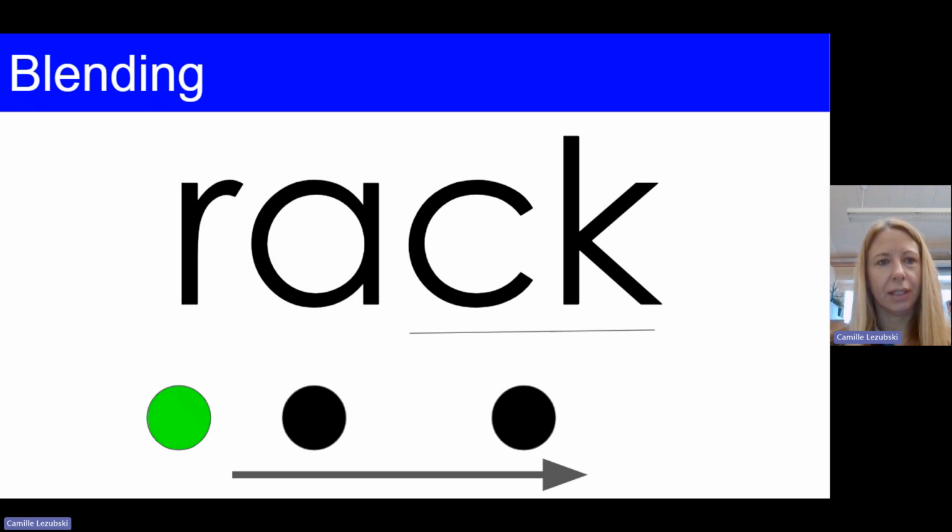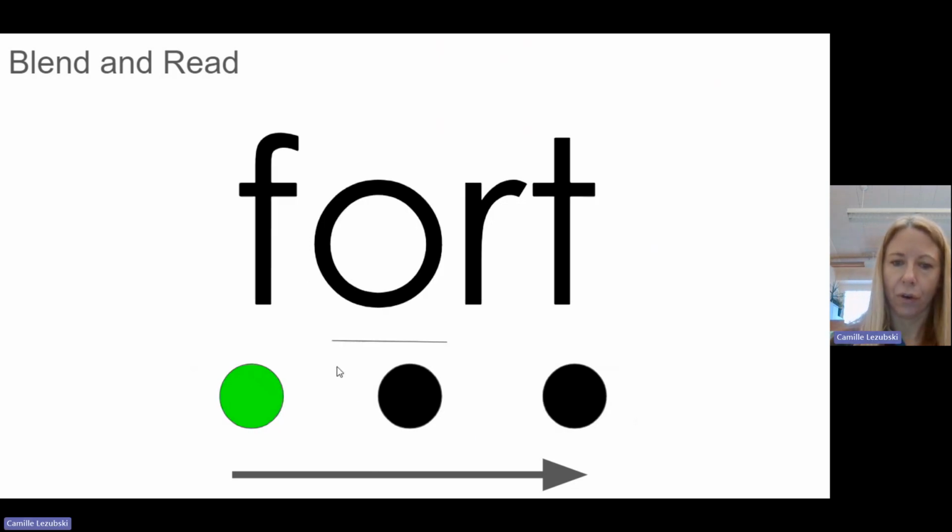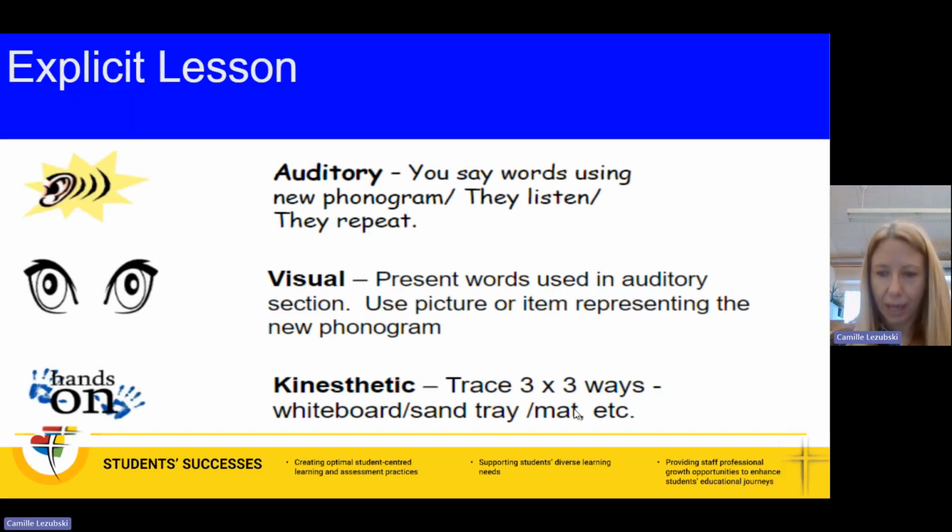The next piece is the blending. So you see the dots, and we're trying to give a visual representation that we want to say the sounds first, and then we'll blend it. So rack, rack, and you're going to want to do these orally, chorally with your class. Bird, bird. Ort, ort. The next piece is the explicit lesson, and the way the lessons are made is first